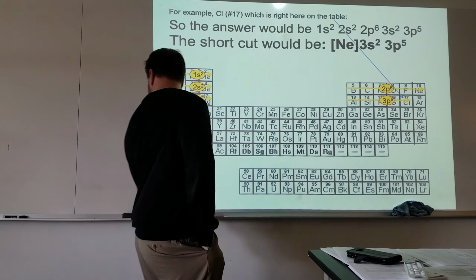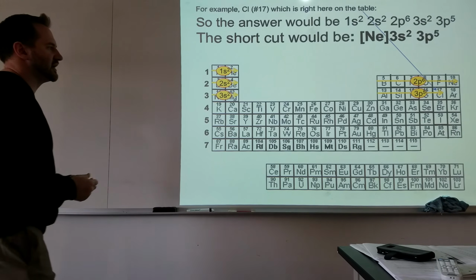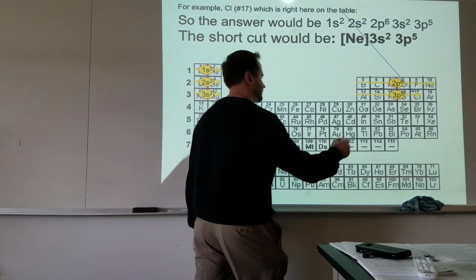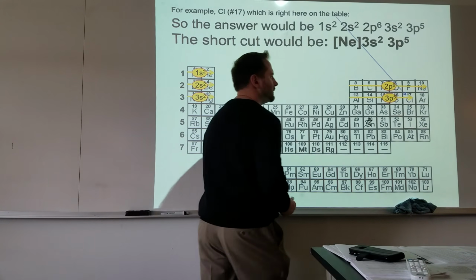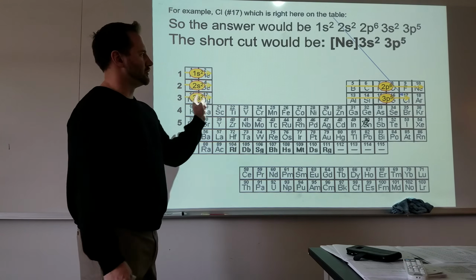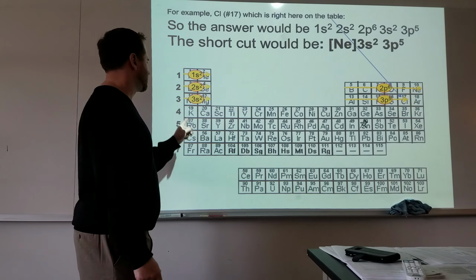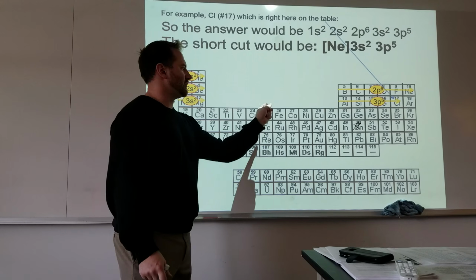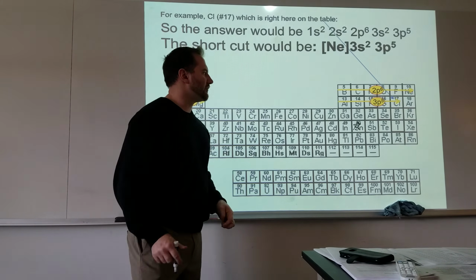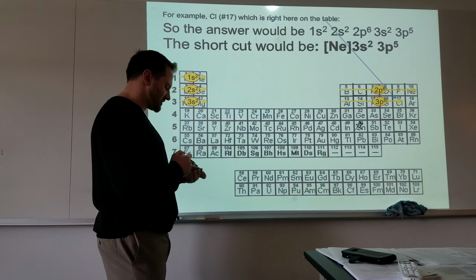If we were to pick another element, such as, say, let's look at tin, which is right here on the periodic table. You could write quite a bit. You could write 1s2, 2s2, 2p6, 3s2, 3p6, 4s2, 3d10, 4p6, 5s2, 4d10, and then 5p2. Or you could simply just write,